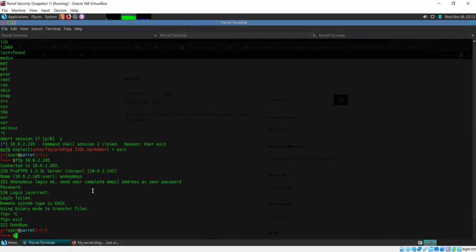So we are left with the third option, which is HTTP.